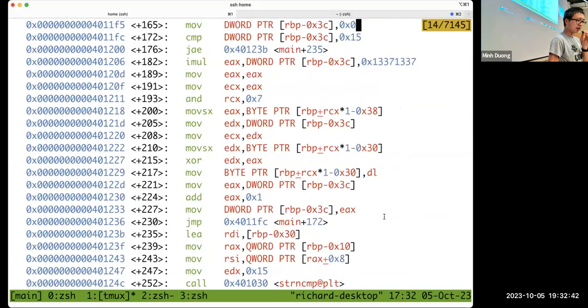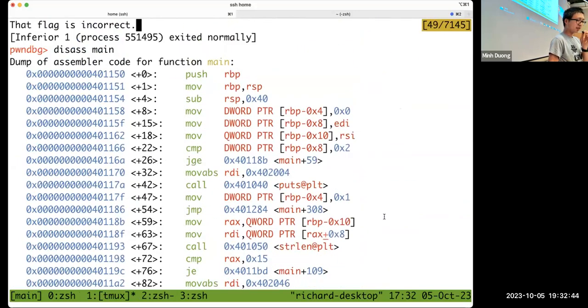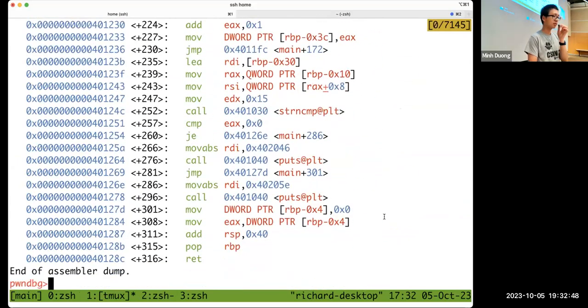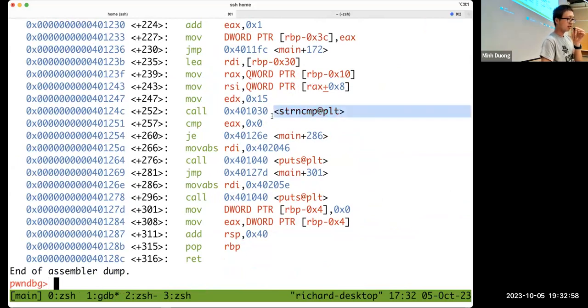You don't really need to understand what all this does, but just understand that this is the code that is in the main function. This is what Ghidra decompiled into the nice output we have in the Ghidra window. So here I can already see this strcmp, the string compare. This is the function that compares our flag with the input, or with the correct flag.